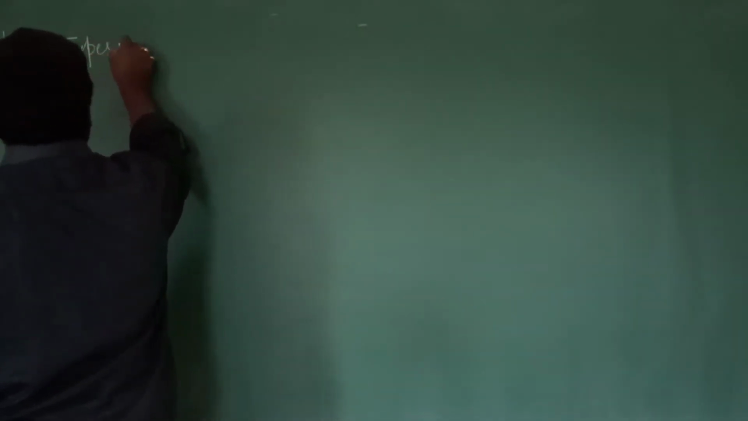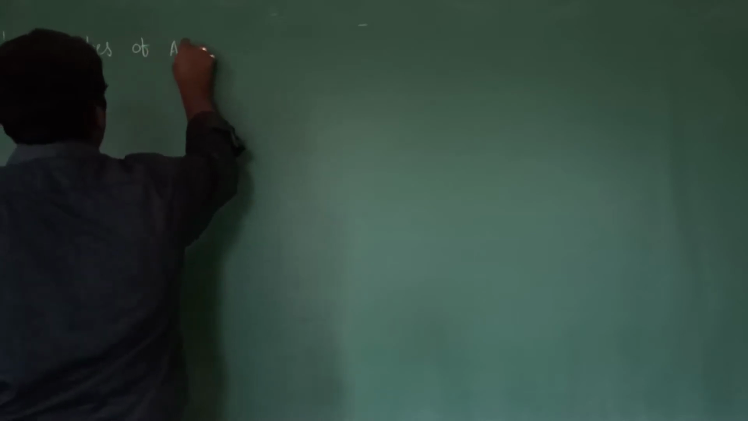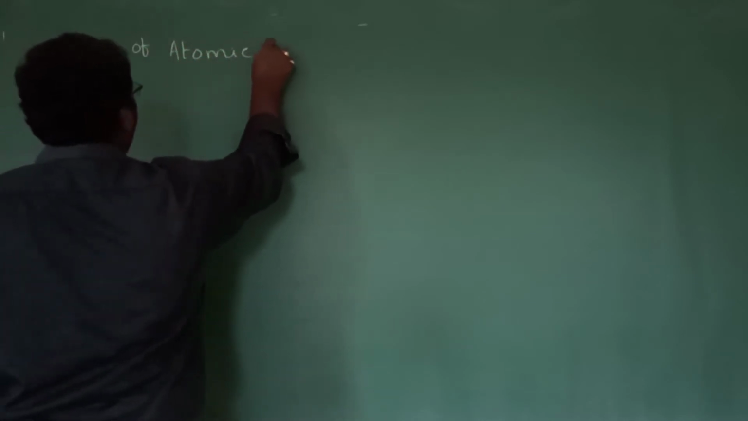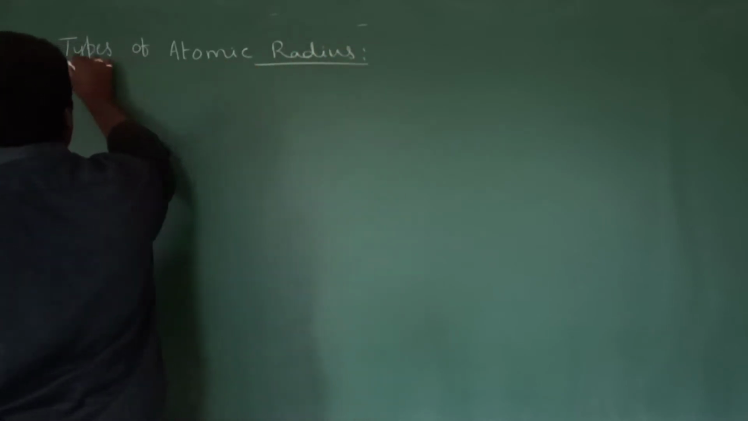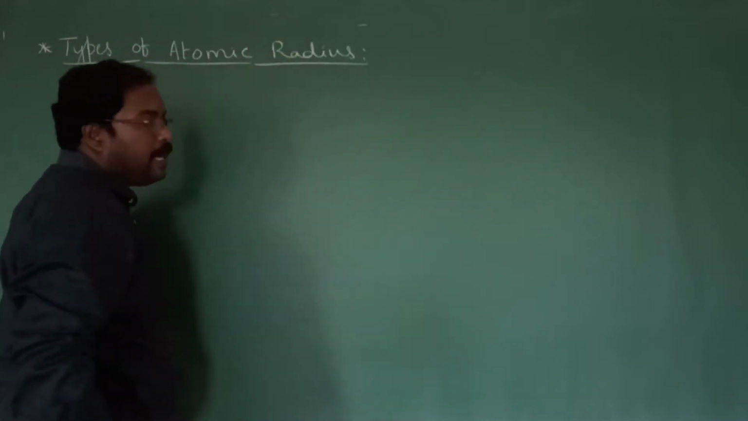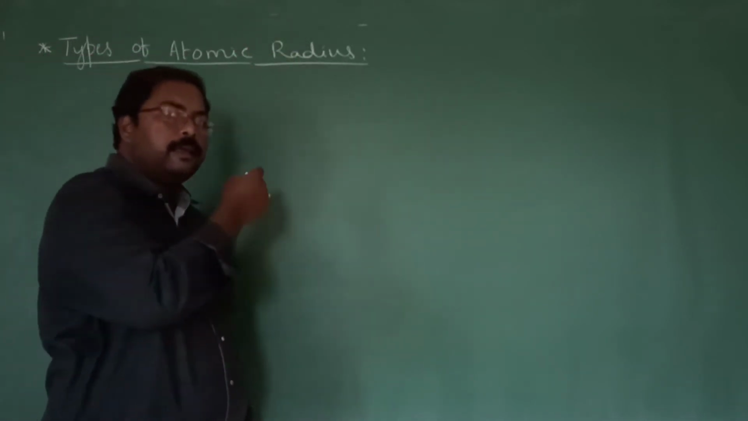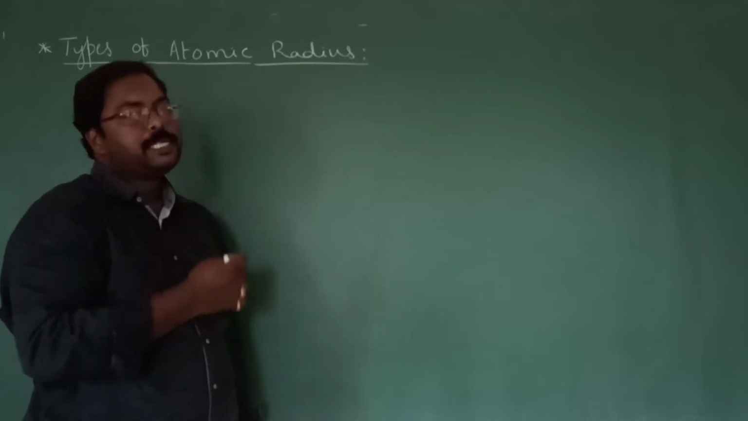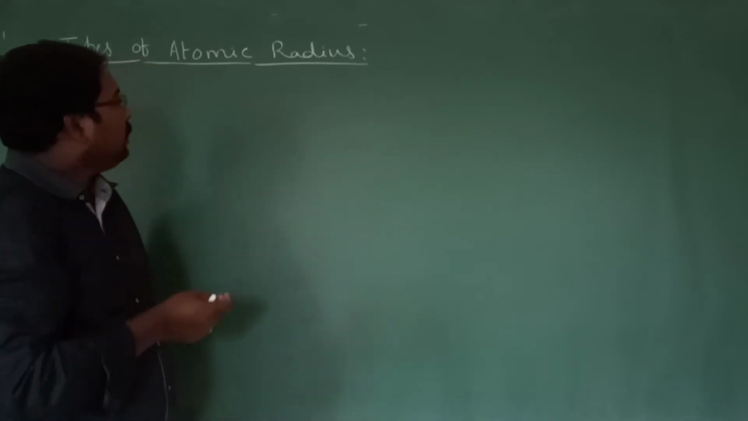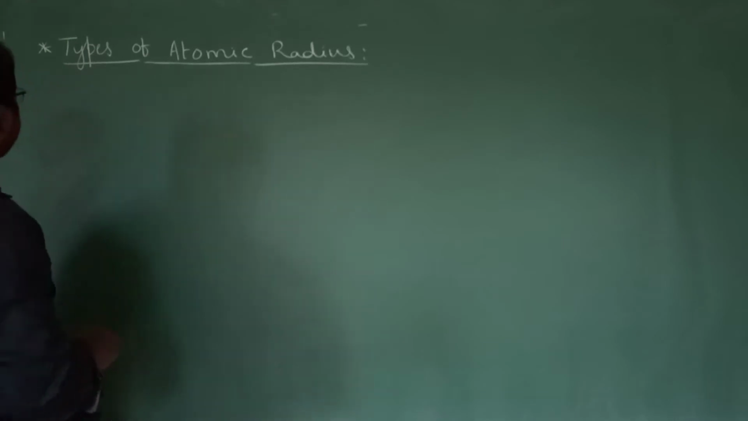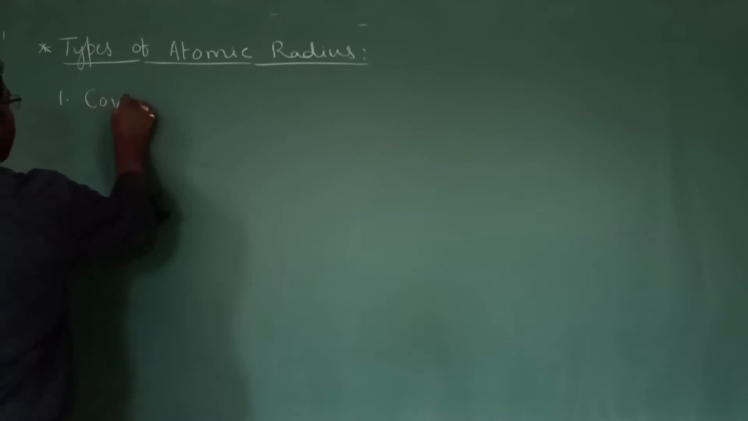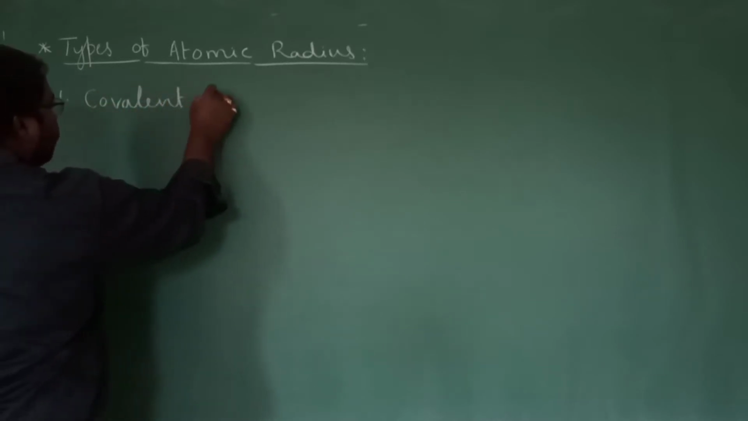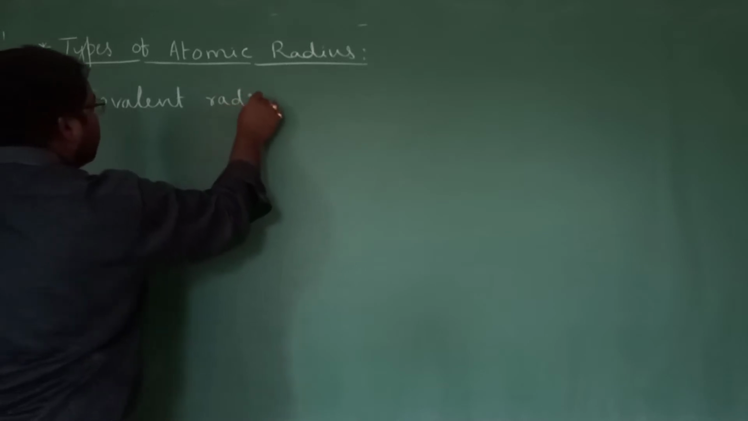Keep the subheading as types of atomic radius. Based on the nature of the bonding, there are mainly 4 types of atomic radius. So let us discuss the types of atomic radius. Now, first coming to the first type of radius, that is